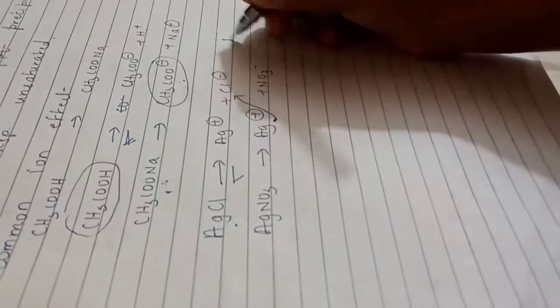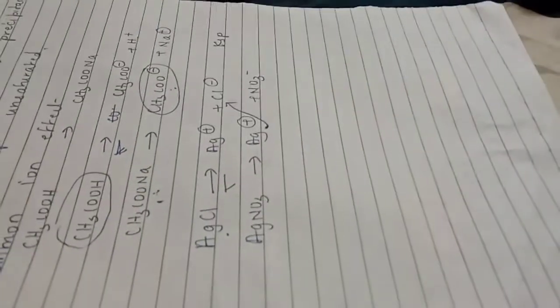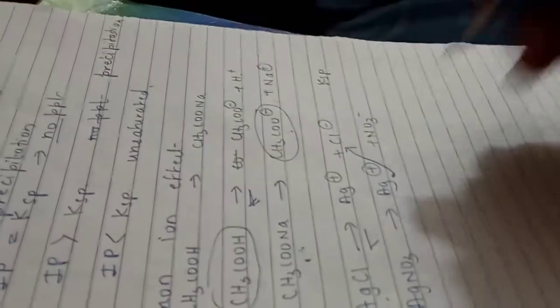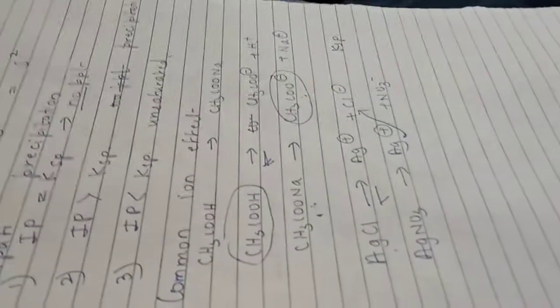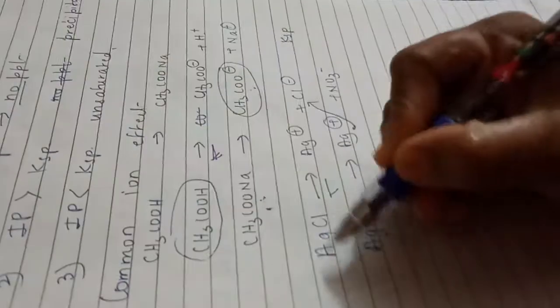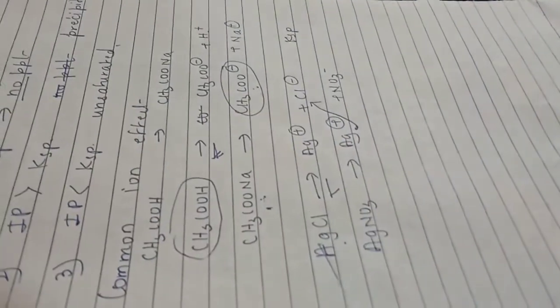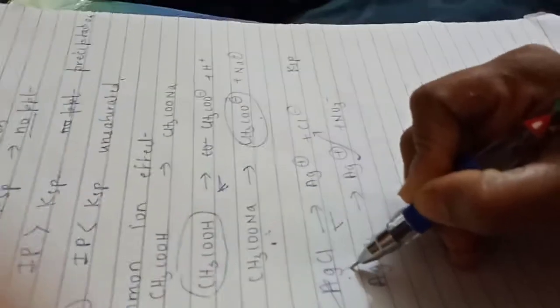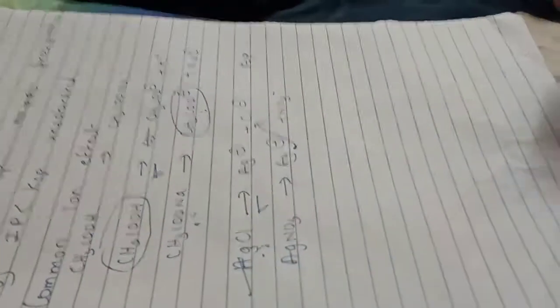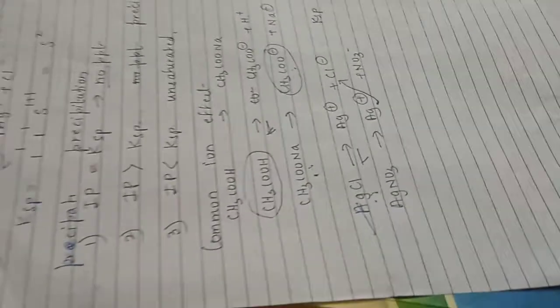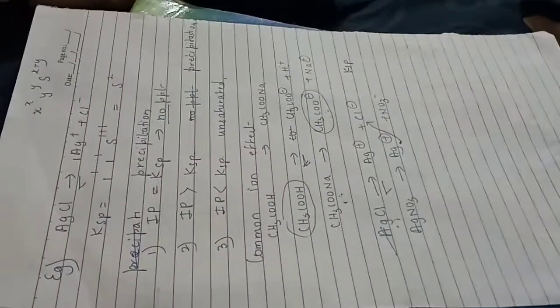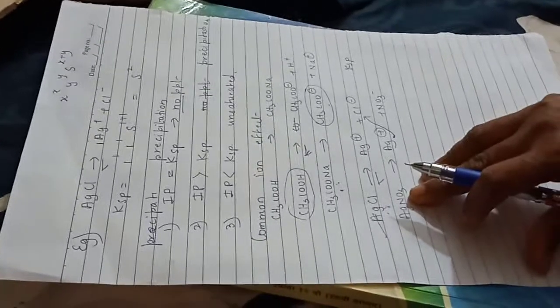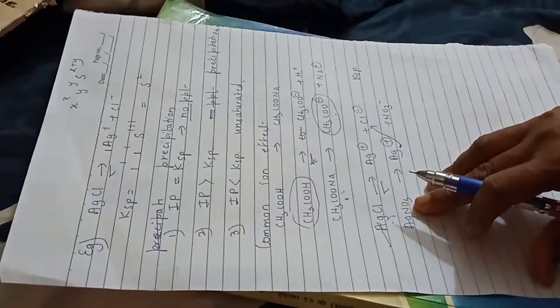The solubility product is not disturbed. What is solubility product? It is the product of equilibrium concentration of ions of a sparingly soluble salt. But the dissociation of AgCl keeps on decreasing, understand? The dissociation level of AgCl falls. That is the effect of the common ion effect in case of a sparingly soluble salt.